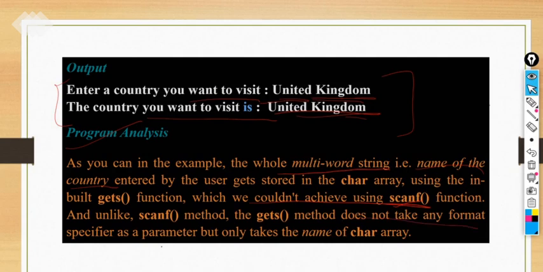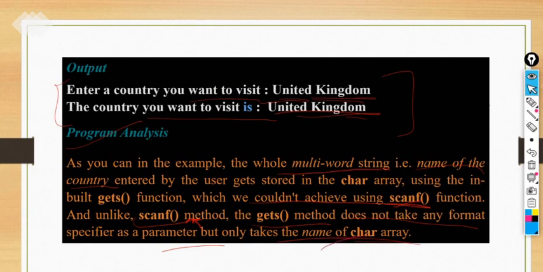It does not take any format specifier, while scanf takes format specifiers, so it would be a little bit difficult to execute with the help of scanf. That's why we have used gets. Special functionality is given in the library of C programming, like gets, puts, getchar, getche. So we can use these functions directly for the character and string data types.